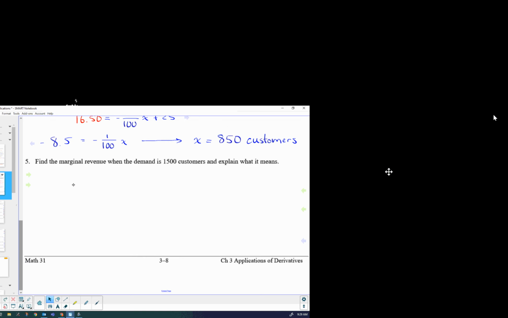Okay. Find the marginal revenue when the demand is 1,500 customers. Explain what it means. Marginal means derivative. And then we'll just plug in the 1,500 and you can explain what it means. So I'll give you a minute, do the calculation. X times